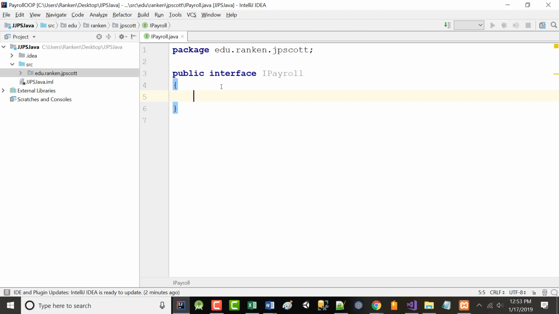Okay? Typically, when you create an interface, one of the reasons that you use it, and in our case, the reason that we're creating it, is we're going to have a bunch of constants that we want to be able to use over multiple programs. All right? So what I'm going to put in here is literally probably about 30 lines that we're going to add in here right now.